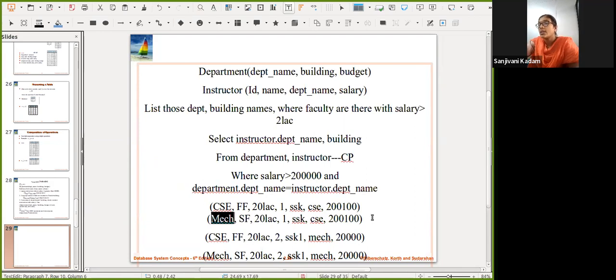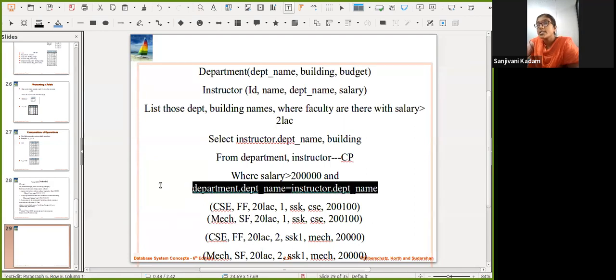Okay, so here we wanted to place an equivalence condition on the common attributes. In such cases, in the common attributes we need to put the condition of equality. And for this purpose, we need to study the natural join.